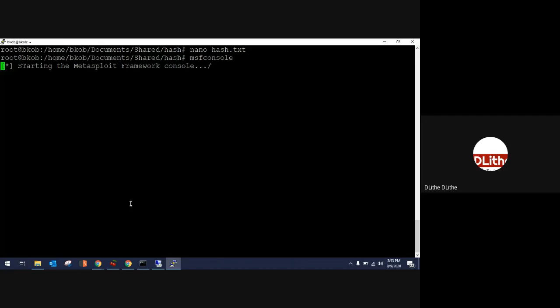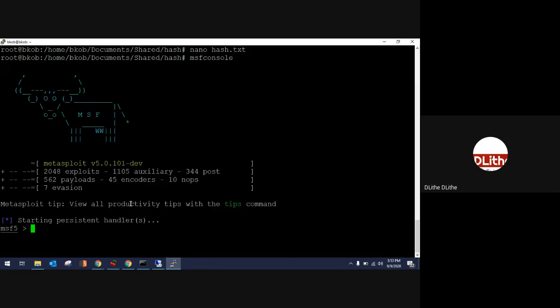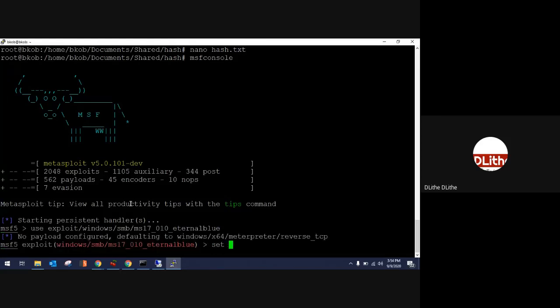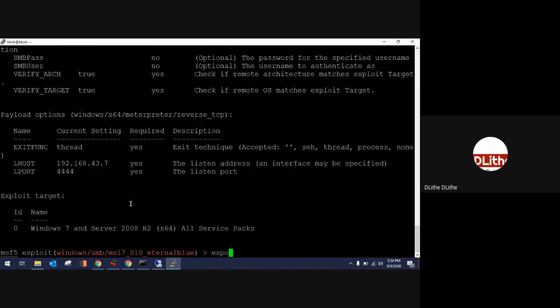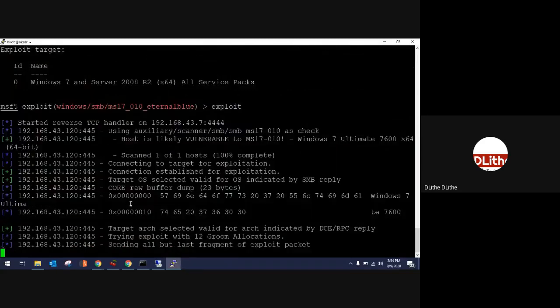So let me dump the password hash in the official way, that is through Metasploit. Dumping the password hash from pwdump was one method. You can also dump it from Metasploit as well. Let me simply directly download it from here. I'm going to use the same exploit that we did yesterday. I'm going to do it a bit faster because you have already seen all the steps. Everything is ready, and let me show you dumping the password hash from the Windows machine, the Linux machines.